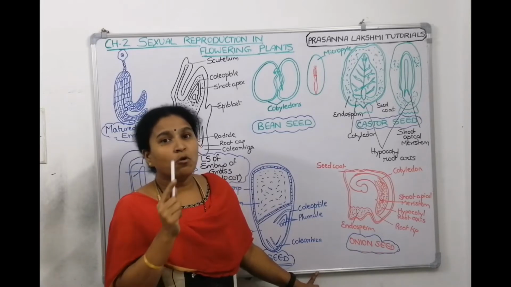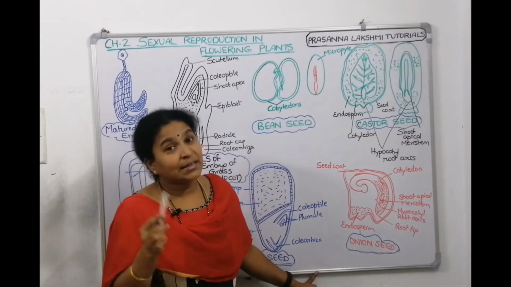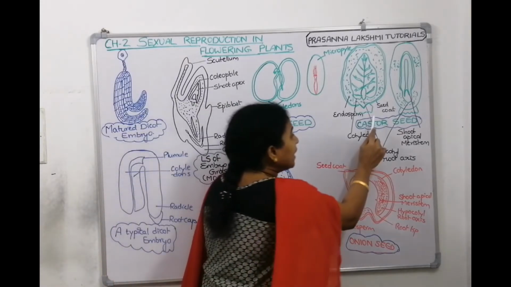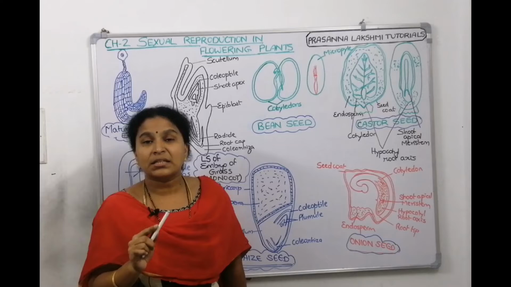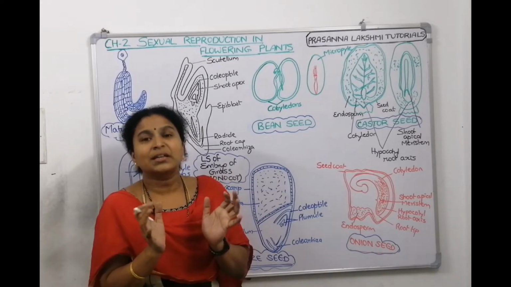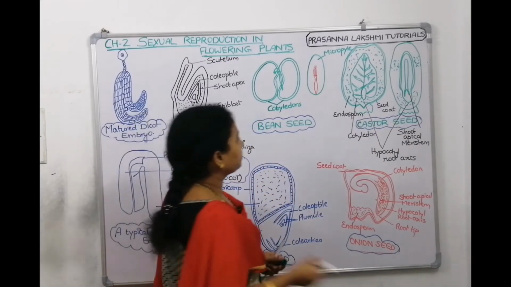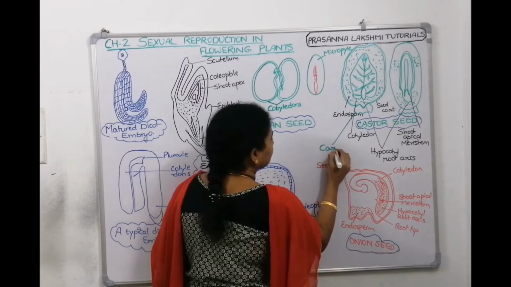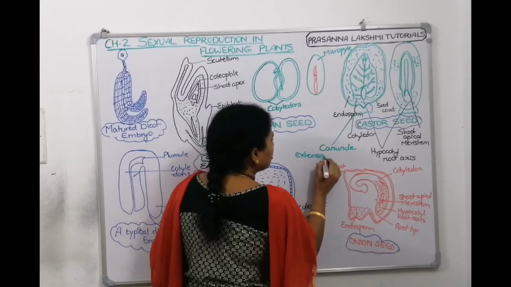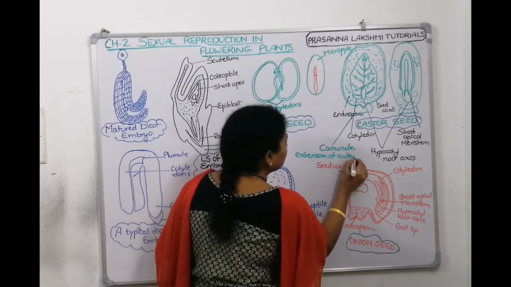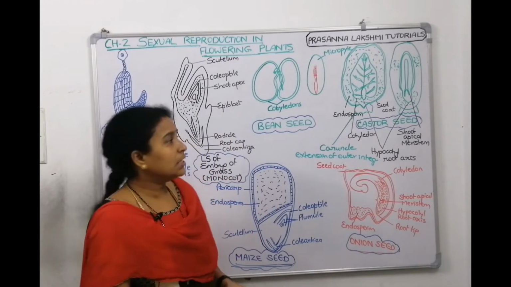And what is this caruncle? Now, a seed develops from the ovule, no? The ripened, fertilized ovule, no? The ovule has an outer integument and an inner integument, no? So this is an extension of the outer integument. In castor, the outer integument makes a spongy white structure. It outgrows, and what is it called? Caruncle. Shall I write it? Caruncle. It is the extension of the outer integument.